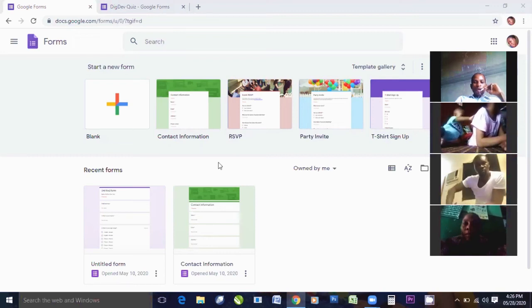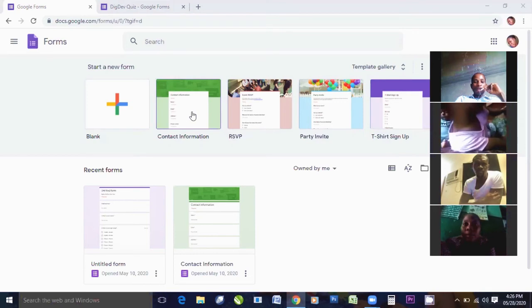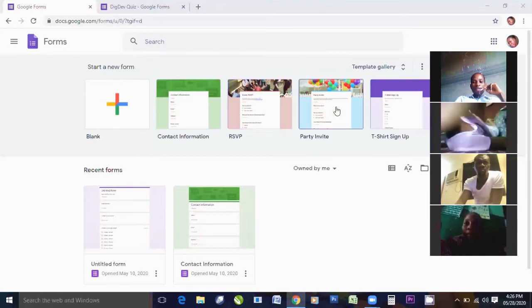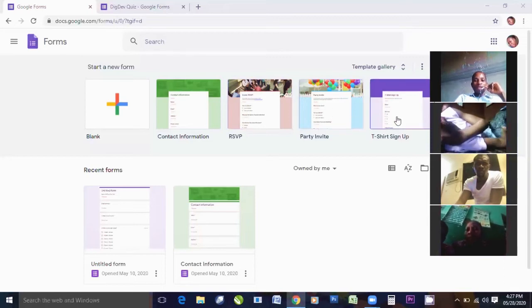Okay. Now, you can click on this blank and you set all your questions there. Even that quiz that I will send to you in the morning. So this is what we use to set the quiz and to gather your information. Now, let's say all you just want to get from people is their contact information. You click on this one, and like an RSVP, if that's what you need, you can click on this one. Then let's say you have a party and you want to invite people to the party and you want them to fill the form wherever they are. So you use this party invite. Then if it is a design, you design t-shirts or you do some other thing, you can make use of this format.